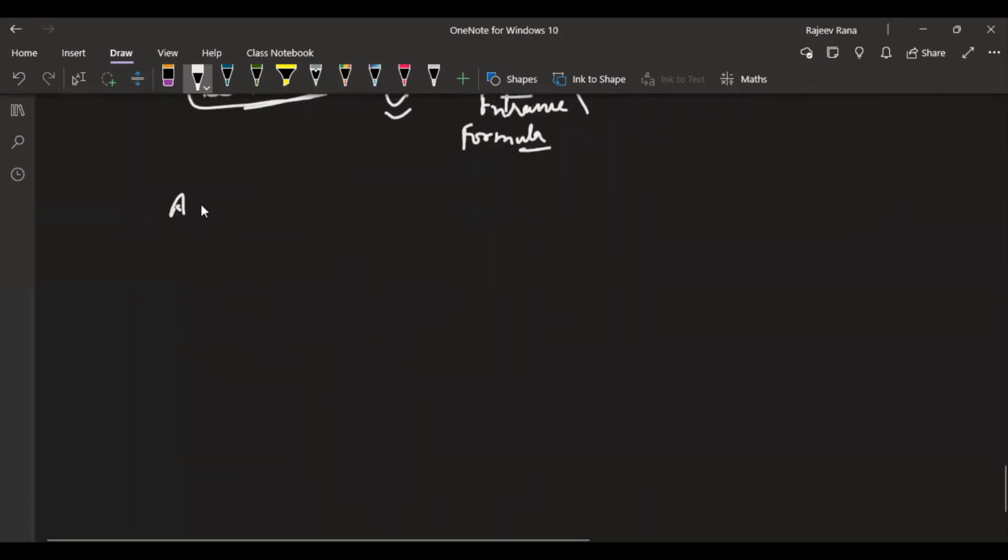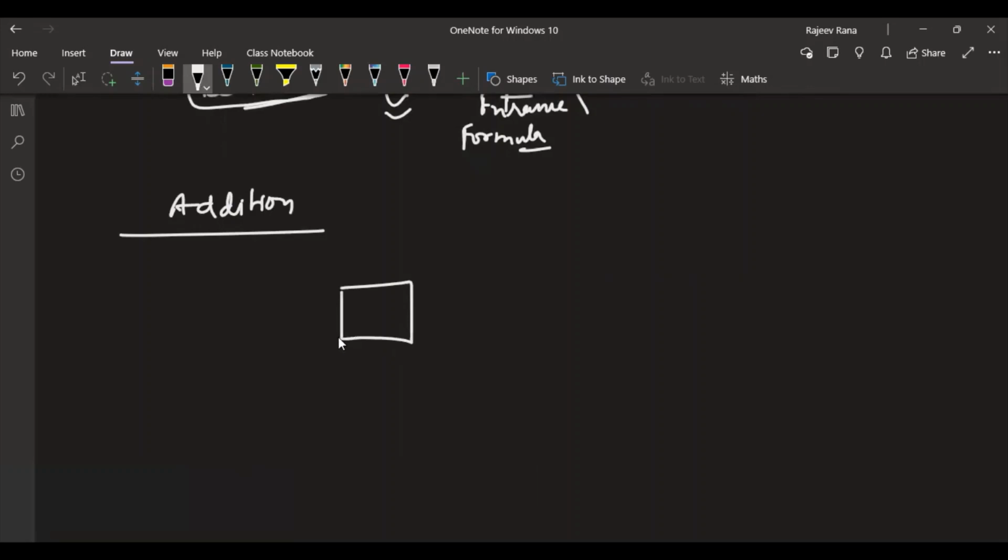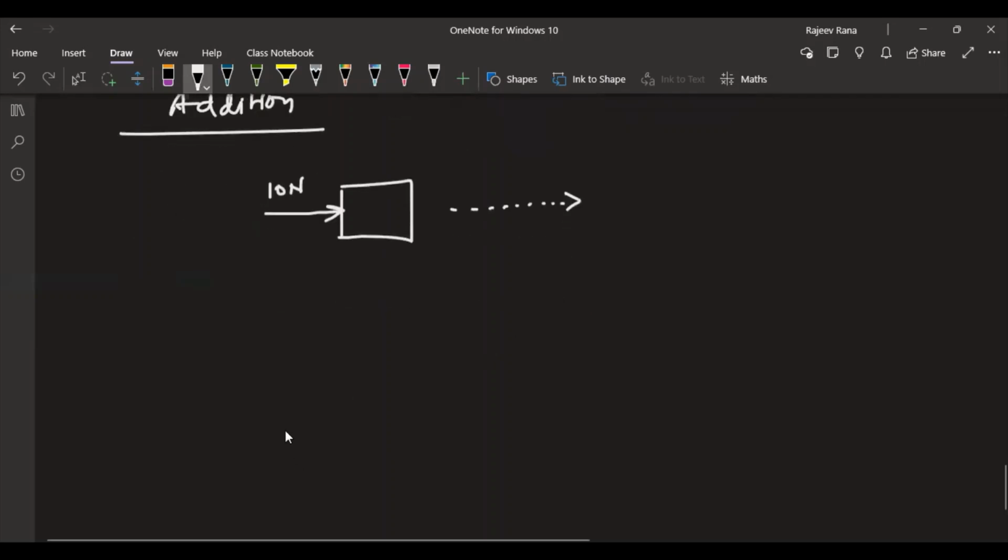So first, let us understand addition. Suppose you are applying force on an object. Please try to understand it very carefully, and wherever you are not clear, please ask again. You are applying a force of 10 Newton. Which direction will it go? This side only. Now suppose there is an object on which you are applying a force of 10 Newton in this direction and 10 Newton in this direction. Now which direction will it go?